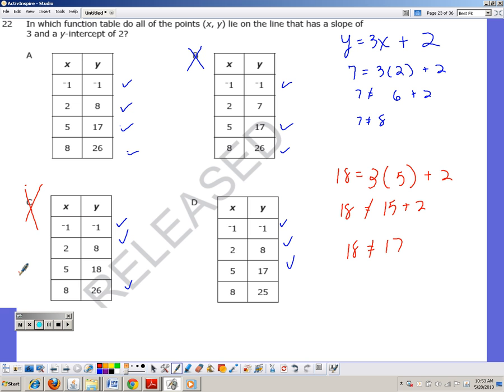So we're left with (8, 26) and (8, 25). Again, just pick one of them and plug it in. So 26 equals 3 times 8 plus 2. 3 times 8 is 24, plus 2 is 26. 26 does equal 26, so the point (8, 26) works, so that means A is